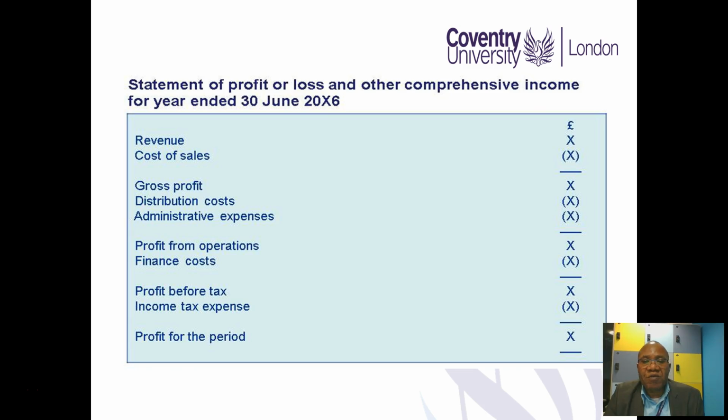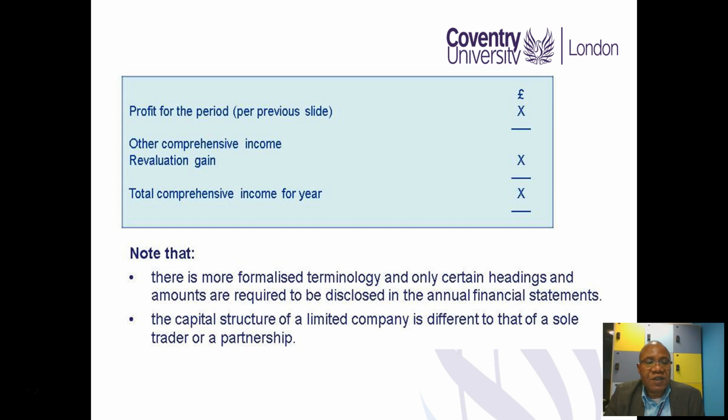Regarding the statement of comprehensive income, a total comprehensive statement is made which starts with revenue, cost of sales, gross profit. Then you have distribution costs and administrative expenses. Then after that, profit from other operations, any other income, finance income or finance charges to give us a profit before tax. And once you have deducted the income tax expense, that gives you profit for the year. Then the second section of this statement is other comprehensive income. From your perspective, you only require the revaluation gain to give us total income.